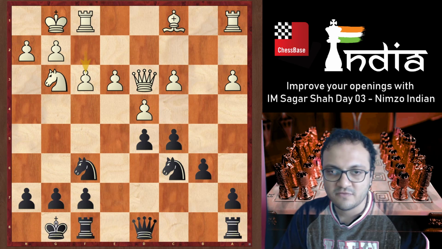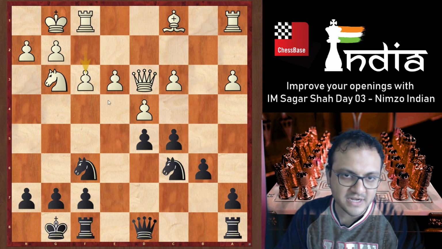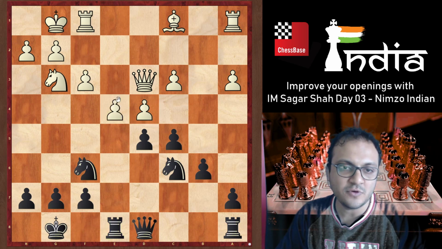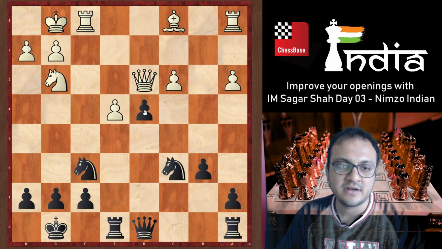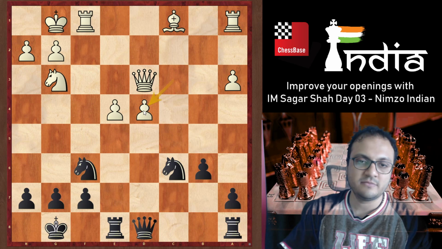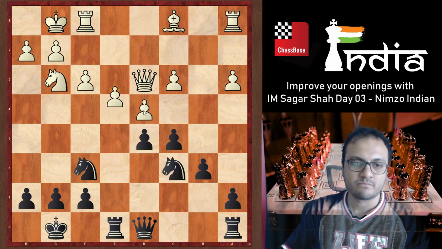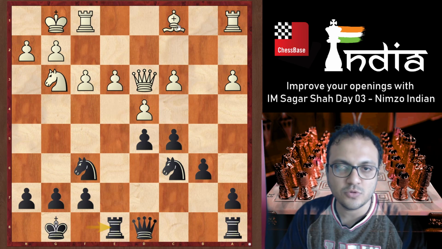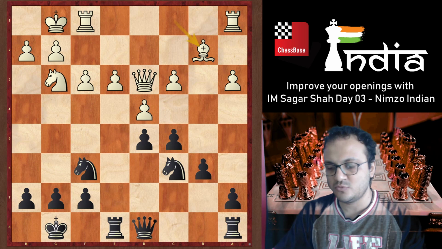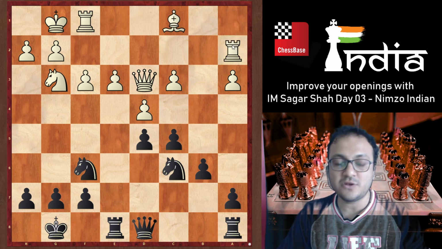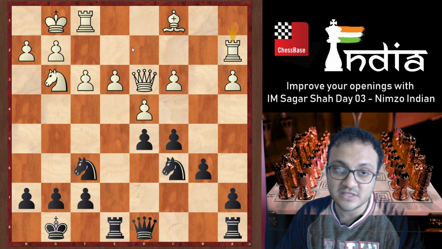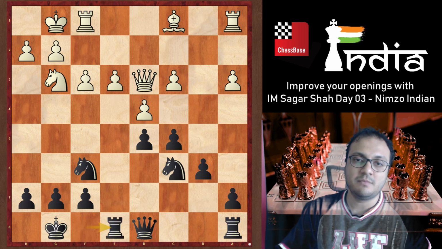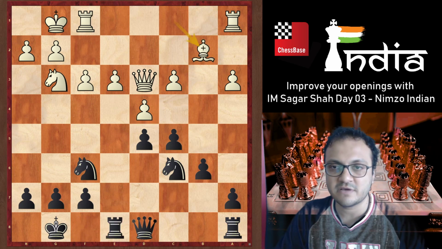First of all, I want to play e4, but it's impossible because the d4 pawn is hanging. So let's say, for example, rook e8, e4 is not possible. I take, and I win a pawn, okay, with the queen or the knight. So he plays here bishop b2, one move. This is one of the main moves. Or he can play rook a2 with the idea of first transferring the rook to e2 and then bishop b2. These are the two possibilities. But bishop b2, let's have a look at that.